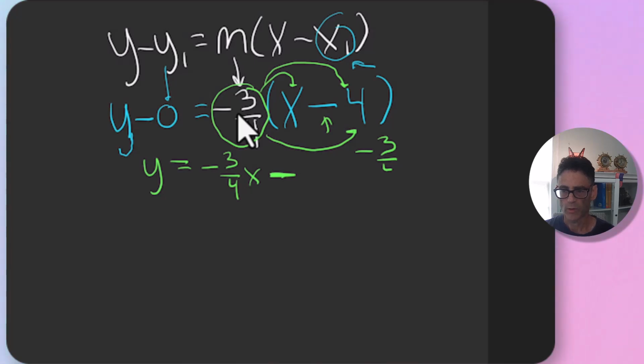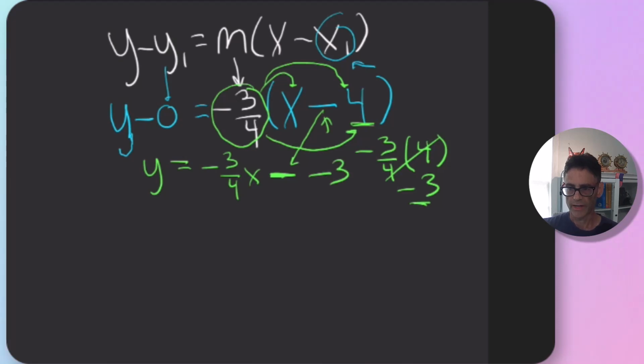So -3/4 times a positive 4. Well, nice thing is that the 4s will cancel. So I have a -3. All right. I still have that minus subtraction sign there. Now I'm going to have a -3, so I'm going to put that in there right in front of it. So I've got -3. So now we have